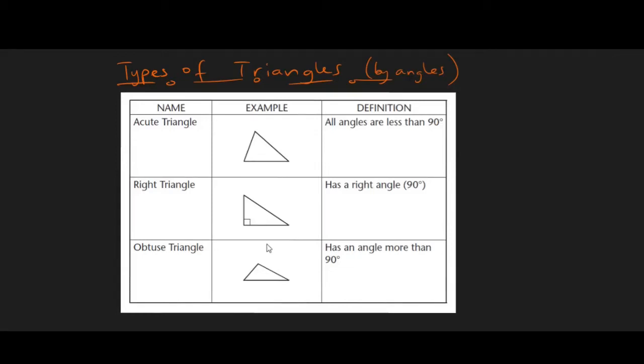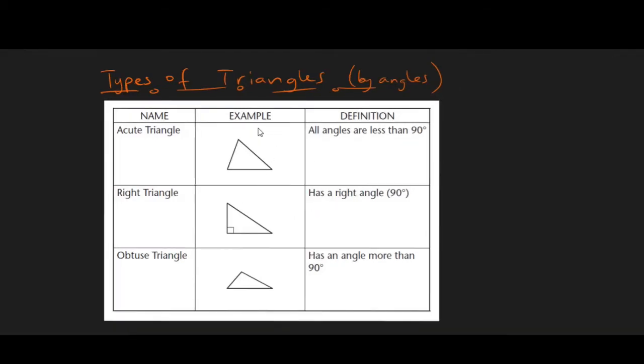In this video, we will look at triangles. Triangles can be classified in two main ways. First, by their angles, and then by their sides. So if we look at the angles, if all of them are less than 90 degrees, we call it an